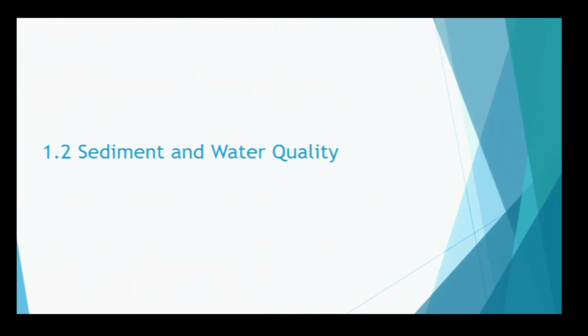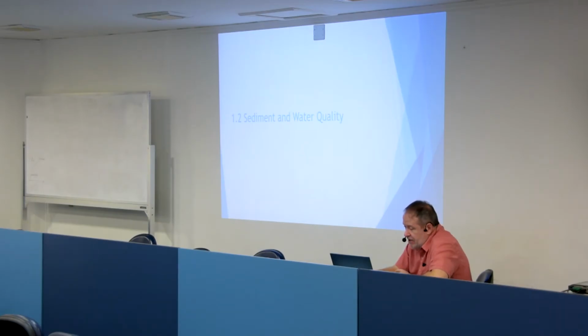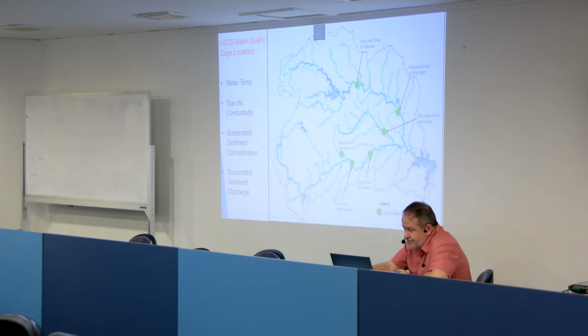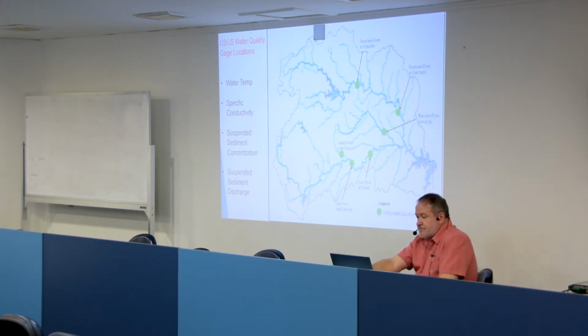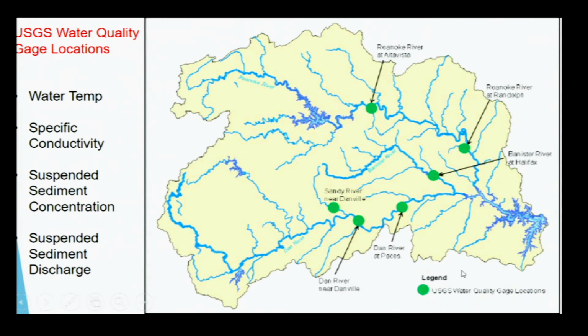The next aspect that is important is the sediment and the water quality, okay? So here you can see this is a whole watershed. The Kent Reservoir is here, and you can see all these green dots